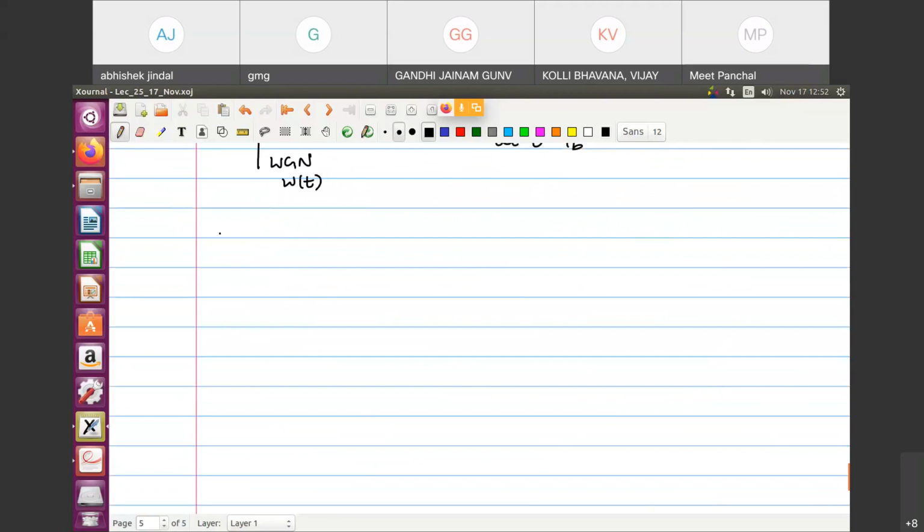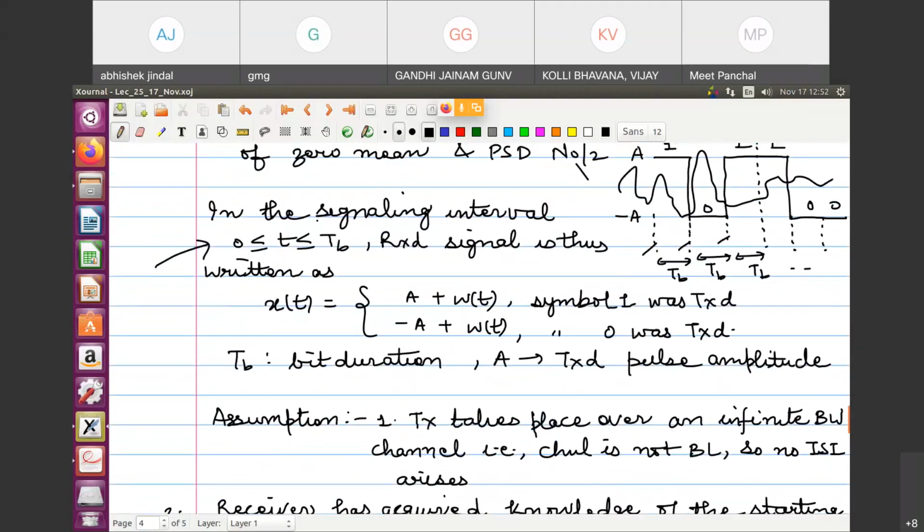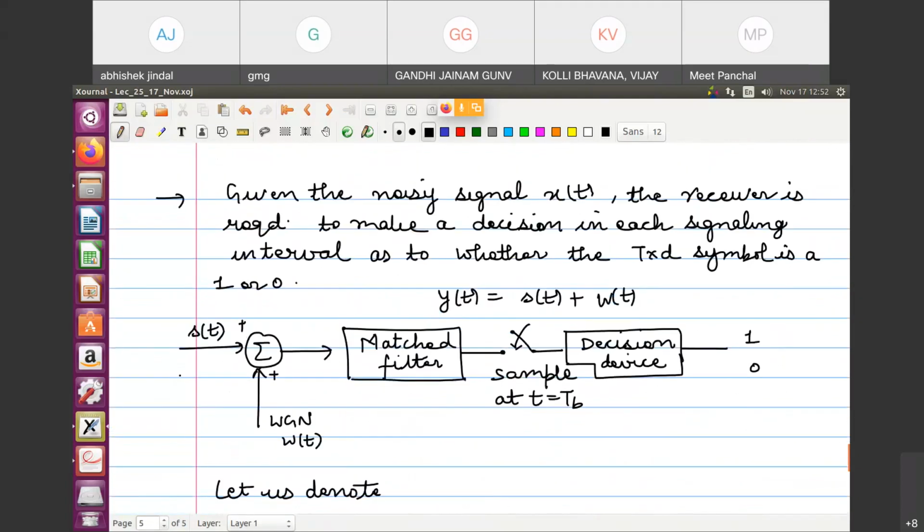Now let us denote, see, this whole system we are studying over this bit interval. Over this bit interval, you will say s of t would be nothing but, means s of t, this is the pulse shape. It is plus A, the magnitude is plus A, and it's of length Tb, and either it would be minus A as the polarity once your